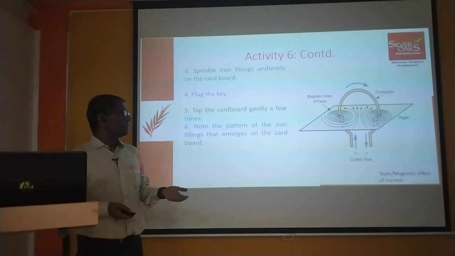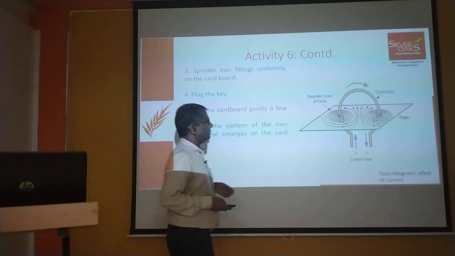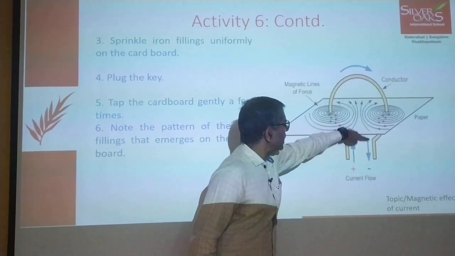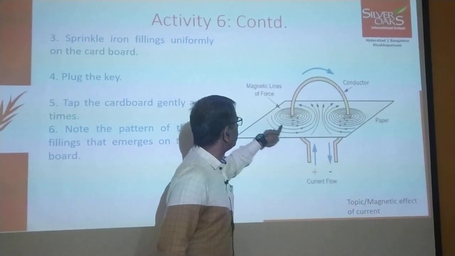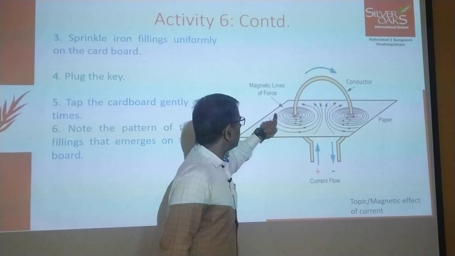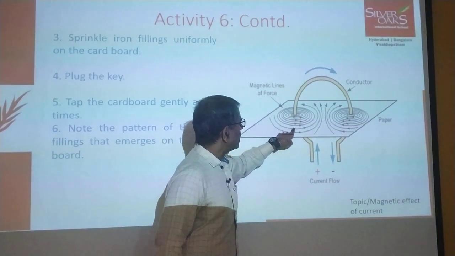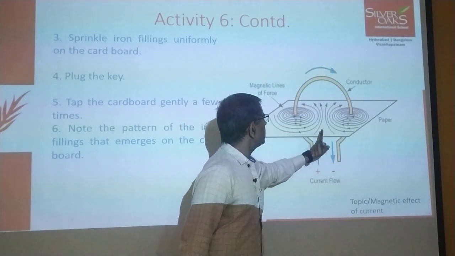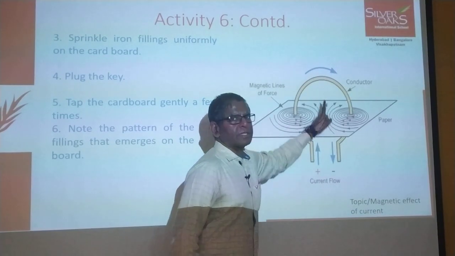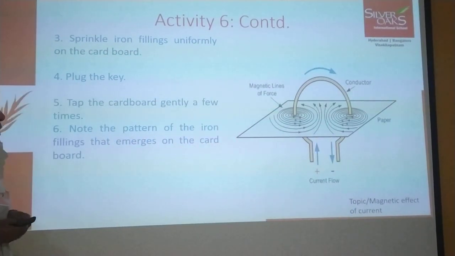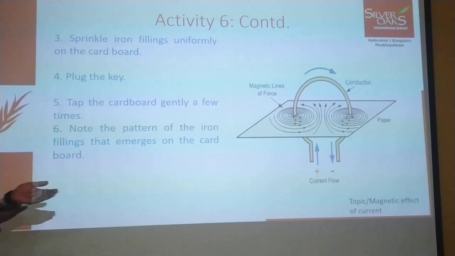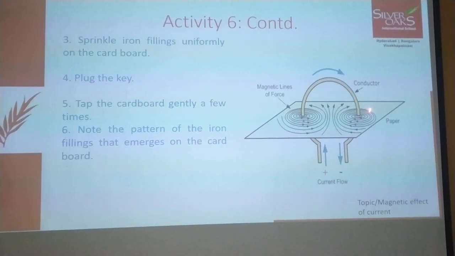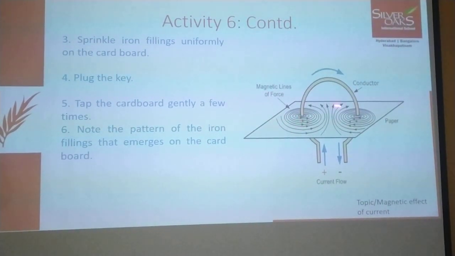Okay, let me repeat. What did you see in the lab? We had the circular loop and the current was flowing through this, and we saw the magnetic field lines here. You see the magnetic field lines, they are in a particular direction. They are forming a circle, and this circle is anti-clockwise, and this side, if you see, is clockwise. So the magnetic field lines are going like this. The magnetic field created by a circular loop is like a magnetic field created by a bar magnet. So this is how we get the magnetic lines of force.